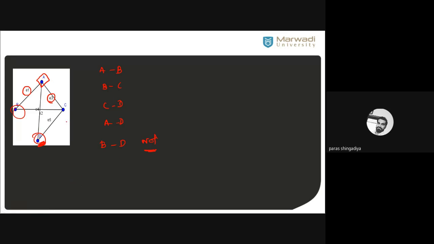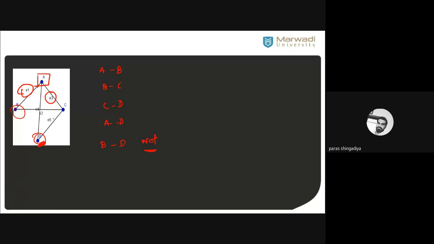And next is adjacency of edges. In that case we consider two non-parallel edges to be adjacent edges if they have one common vertex. For example, consider two edges, E1 and E3, connected by the vertex A. A is a common vertex in both. So E1 and E3 are known as adjacent edges.